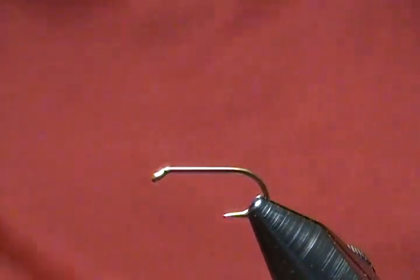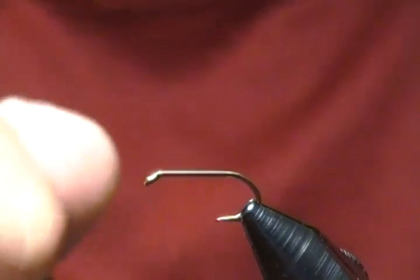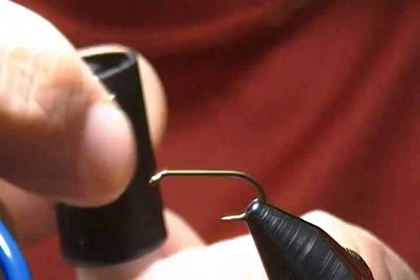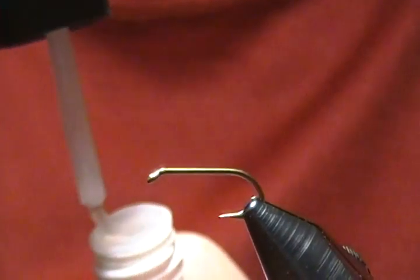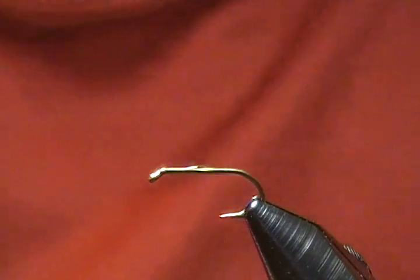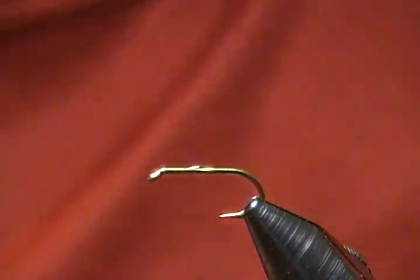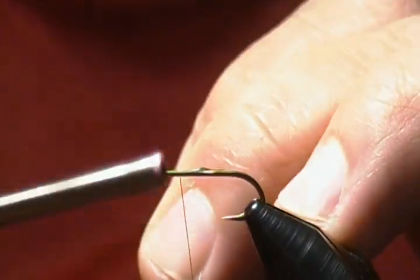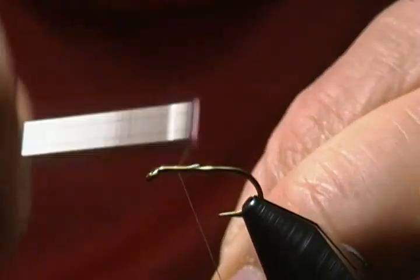So what I do is take a little bit of Zap-A-Gap first, and we're going to put a little bit on the shank here, just so my thread doesn't slide around on me. That'll be on there nice and solid. So I'll get that started here, and we'll go a couple eye lengths behind the eye to start our thread